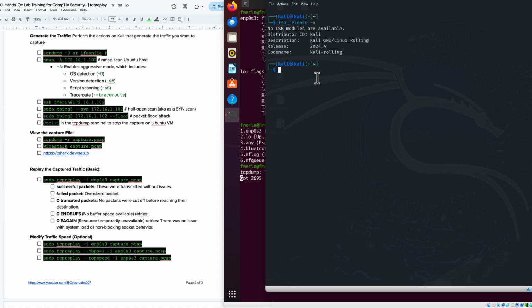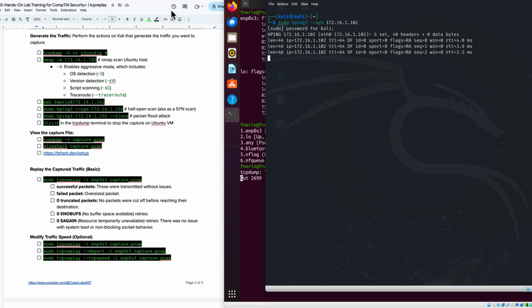So we have a little bit more work to do. I'm going to do a half open scan, so I'm going to use hping. Now, remember with hping, when we do any of these, hping is considered an aggressive tool. This is a packet crafting tool. So from Kali Linux, I'm going to do a half open scan, which is where I'm only sending